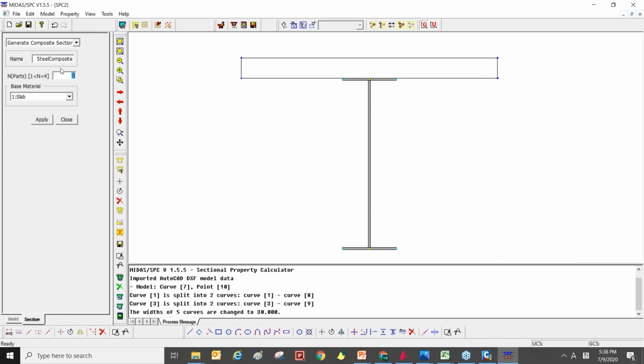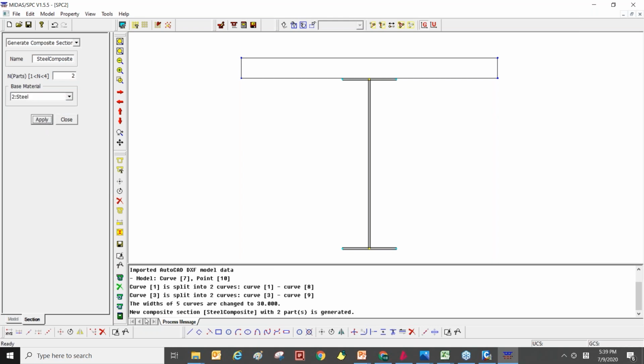This is the number of sections. So we have two parts, and the base material is in the steel composite section. We usually make the steel material the base. So I will select the steel material here and apply.